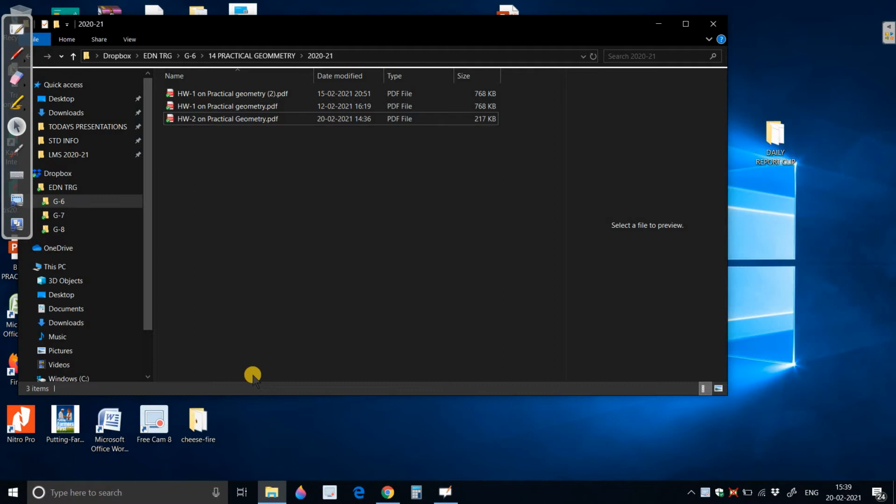That file is imported from the location in your system onto the open board because it is a problem on practical geometry. You need to construct geometrical shapes using the various geometrical tools like ruler, compass, protractor, which are offered by the open board. So you will have to import the PDF file onto the open board. That is what import means. And then you work with the tools offered in the open board.